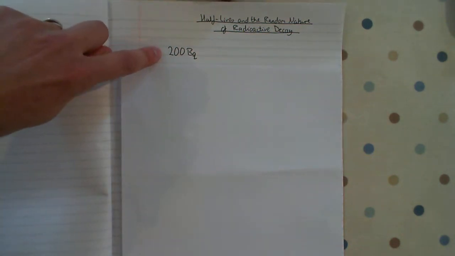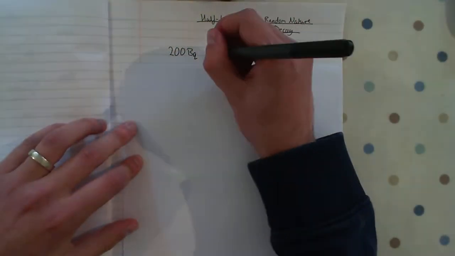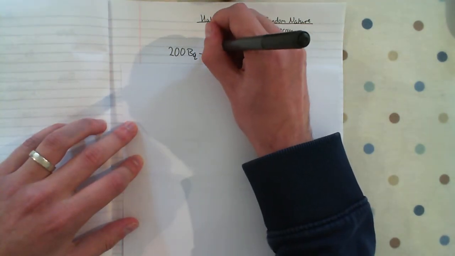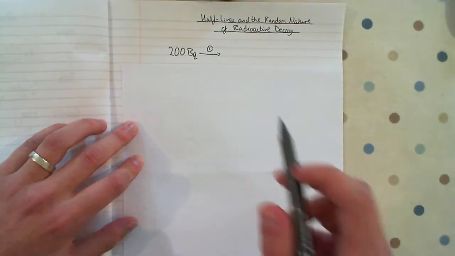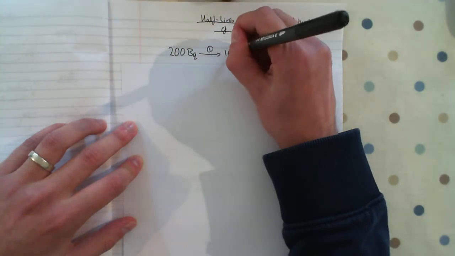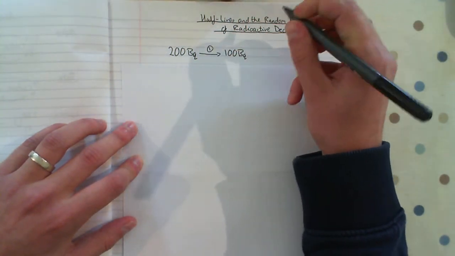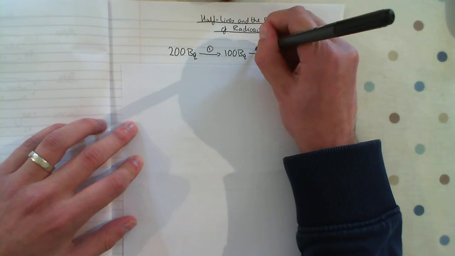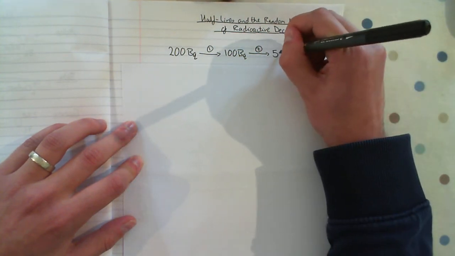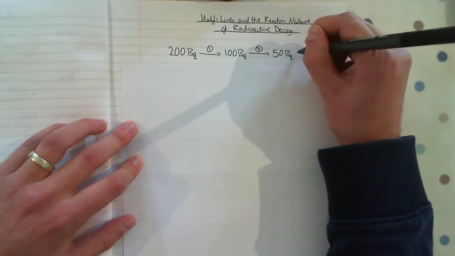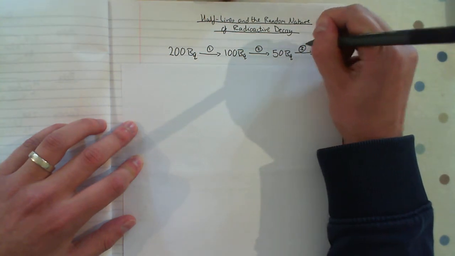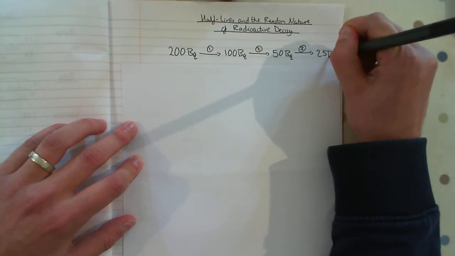Half-lives are due to the random nature of radioactive decay, and half-life is the time taken for the activity or the count to halve. So for example, if we start off with a sample that's giving off 200 becquerels, after the first half-life, so I'll put 1 and a circle around it, we have 100 becquerels. After the second half-life we would have 50 becquerels, and after the third half-life we would have 25 becquerels,